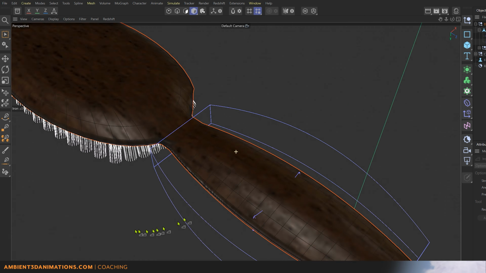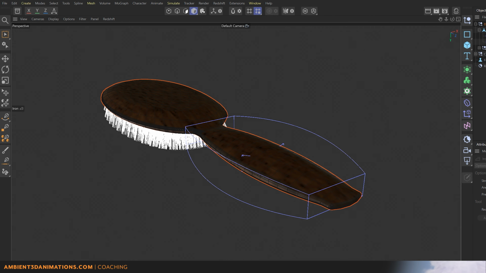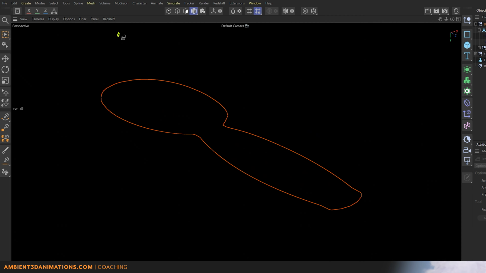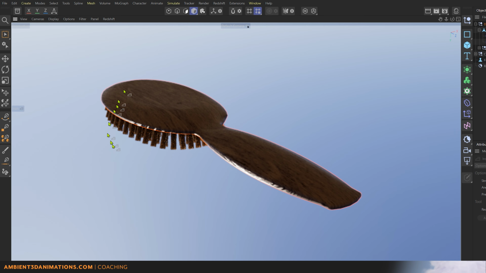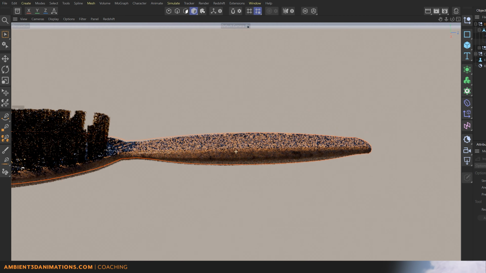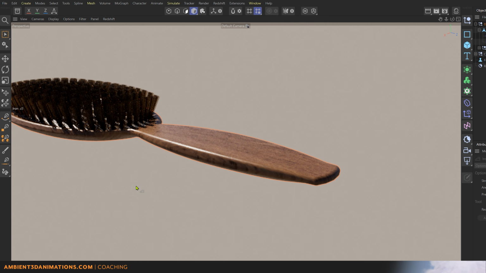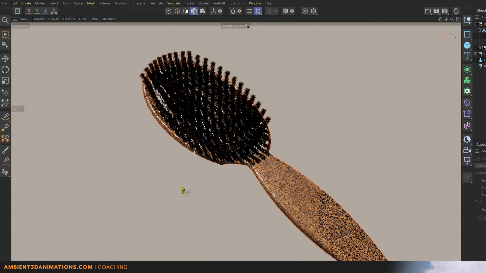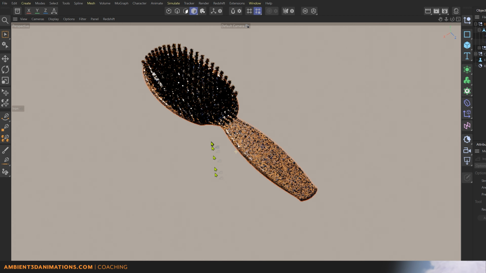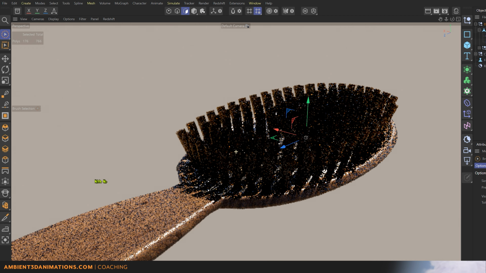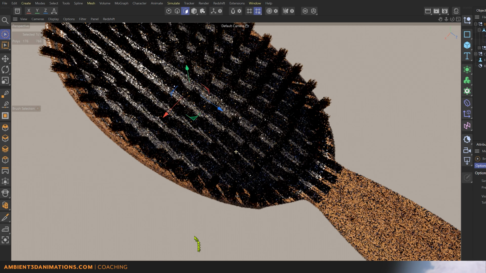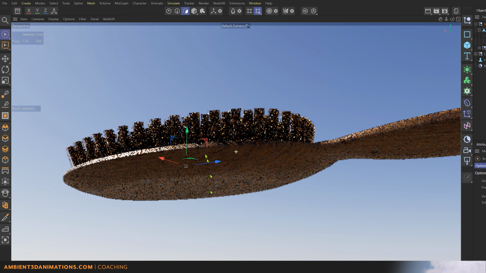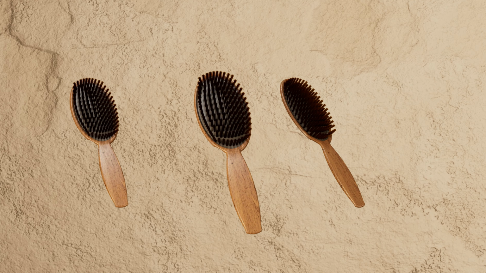I think that's looking better. I'm going to turn on the Redshift Sun and Sky, and we're going to start the IPR. So I do like that form language a little bit more. You can play around with it. And again, if you want to get really fancy with making this hairbrush, you could totally UV wrap it. So I think that's looking good. I'm going to play around with the textures, with the lighting a little bit more, and get this ready for